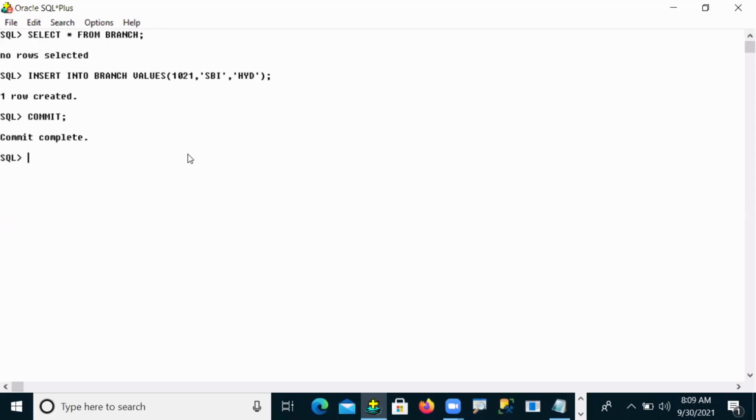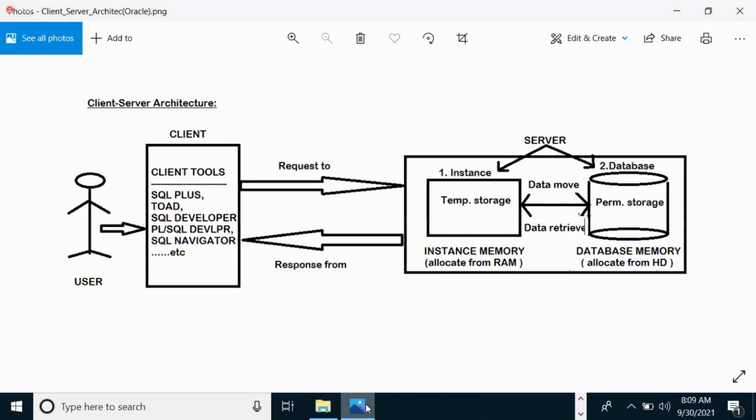After commit, by seeing this diagram, tell me, after committed, where is your data now? Yes, in database memory. Is database memory temporary or permanent? It is permanent. Okay, fine.